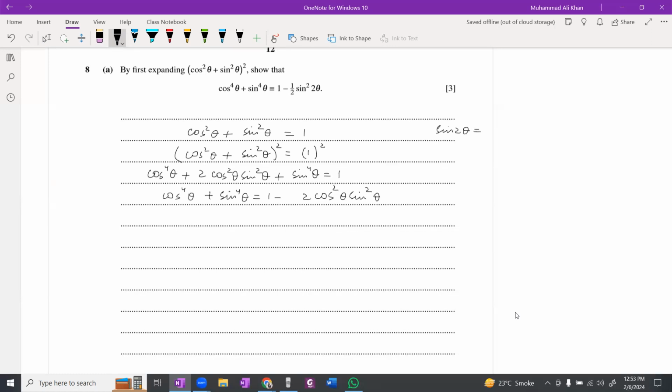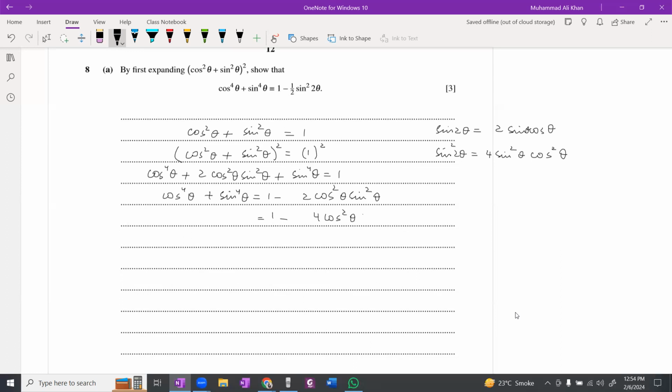2 sin θ cos θ. और साइन स्क्वायर 2 θ किसके इक्वल हो जाएगा? ये हो जाएगा 4 साइन स्क्वायर θ कॉस स्क्वायर θ। अगर हम इसको 4 बना दें तो क्या हो जाएगा? 1 - 4